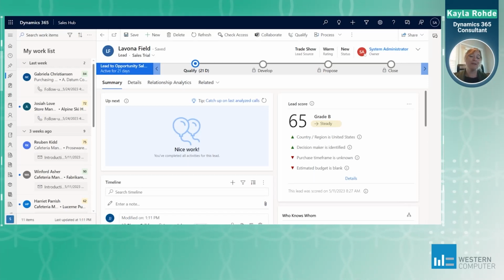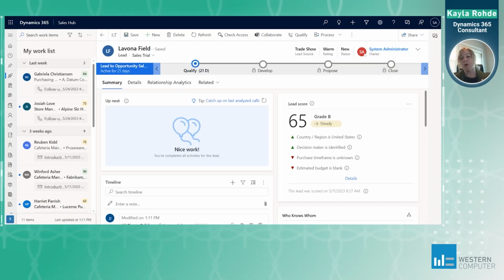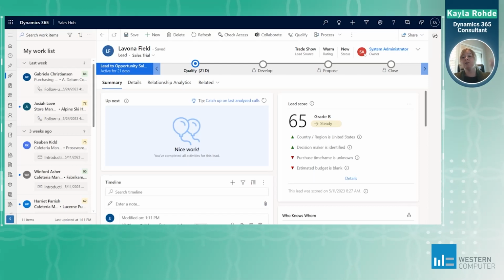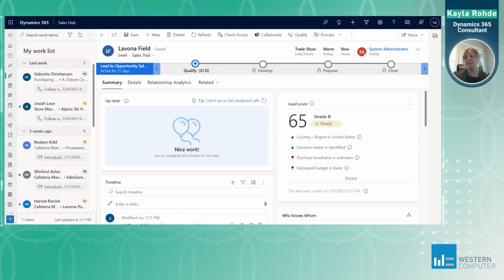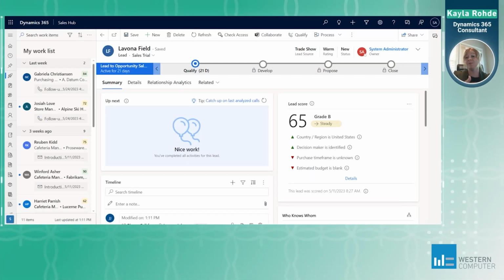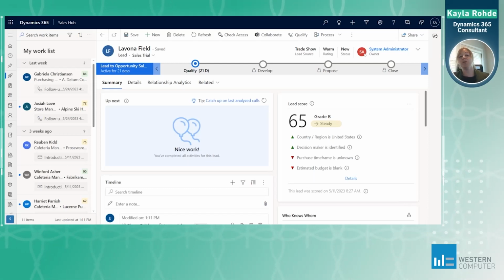Sequences are great because you can do a few things, right? I can indicate that I need to have a follow-up phone call. I can indicate that there should be a specific email with a template that goes out. I can make this dynamic. So if I do step 1 and I get a response from the customer, I might have a step 2A. Versus if I do step 1 and I don't get a response, I might have a step 2B. So sequencing can be dynamic, which is also a really great tool if you guys have kind of complex sales